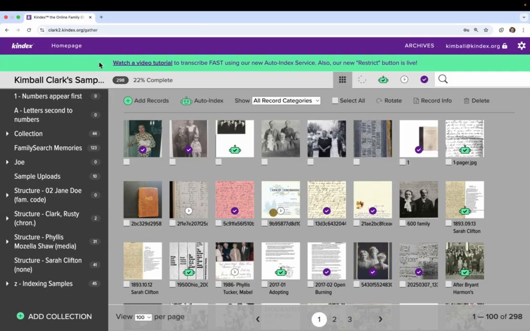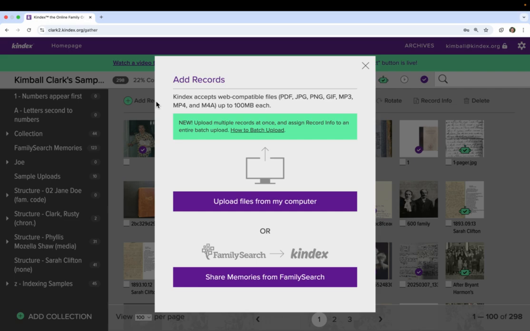Hello, here's a quick video on how to add records in Kindex. So if you want to add a record to Kindex, it's rather simple. You hit Add Records, and then you can upload them from your computer, or you can share them from Family Search. So if I hit Uploads from my computer, I'm going to give you a quick example of how to do